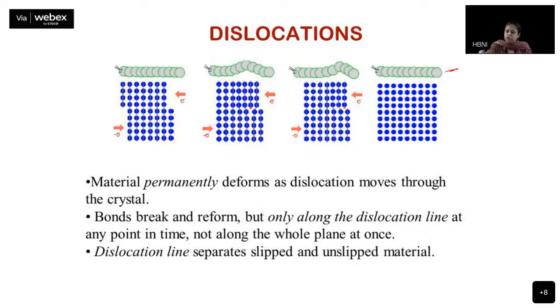Let's say this is your defective region, whichever direction you want to go. This is your completely perfect crystal. Then it moved this way and you had a half plane. And then it further moved and the half plane moved further. And ultimately the half plane reached here. This is how a caterpillar moves basically. Okay.